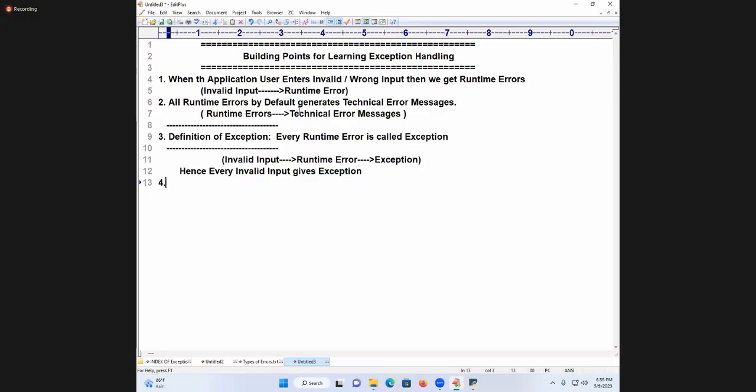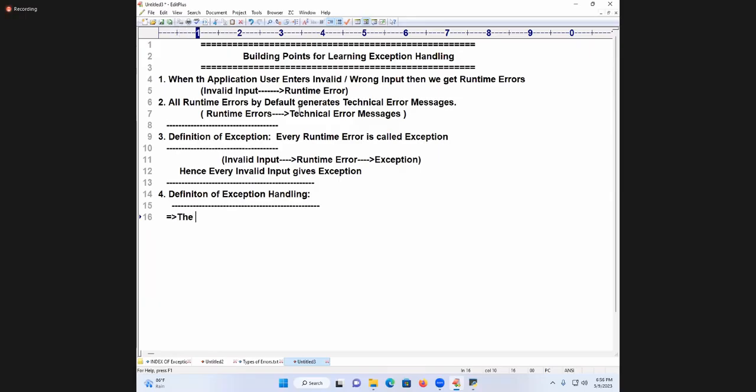Fourth point: the definition of exception handling. Tell me, students, what is the definition of exception handling? The process of converting technical error messages into, yes, good. Now I am writing.